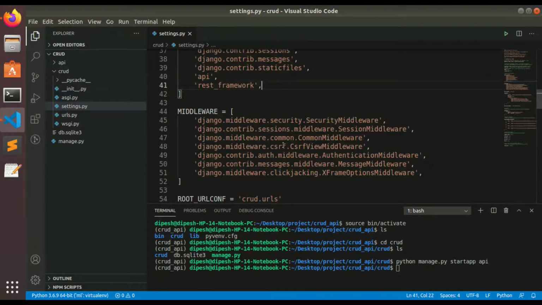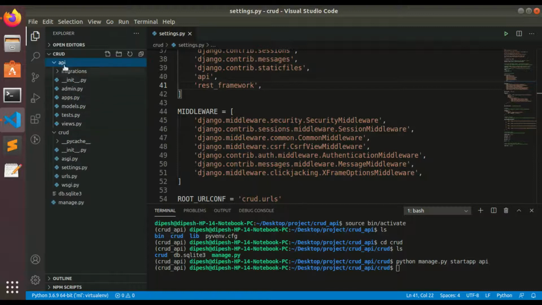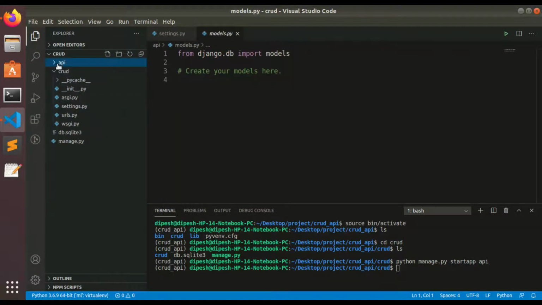Then let's talk about migration. Migration is a way of applying changes that we have made to the model file inside this app into the database. Django creates a migration file inside the migrations folder for each model to create the table inside the database, and each table is mapped to the model for which the migration is created. I'll be creating a migration after some time, and then it will create a table inside our database.